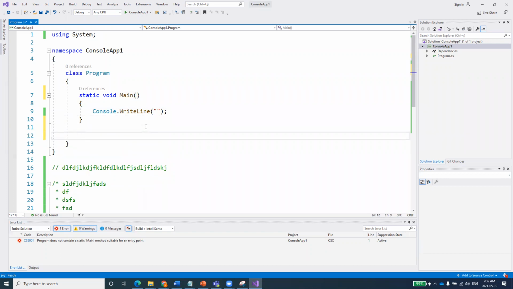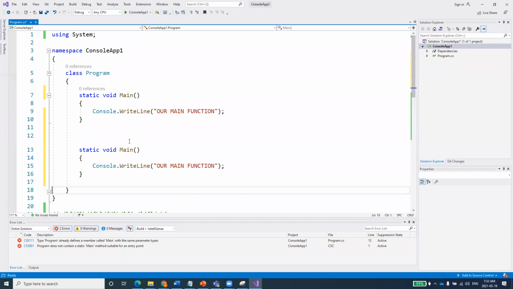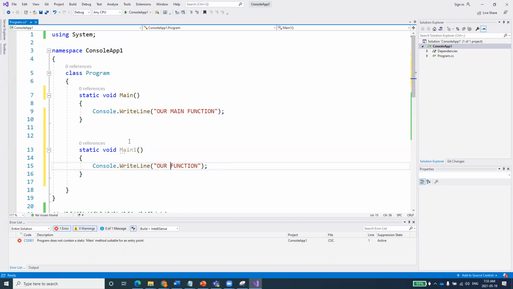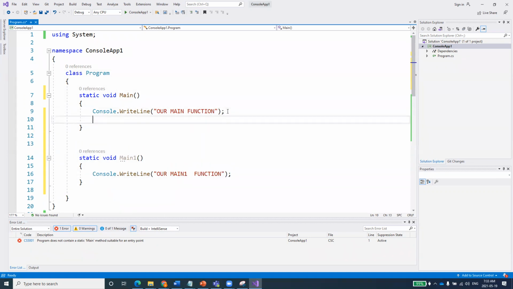What I can do over here is talk about a few things quickly, just to make you aware. This is our main function, right? I just copy this one and paste it over here, and I name it main1 function, right? So I can define a function something like this, and if I want to run this function,